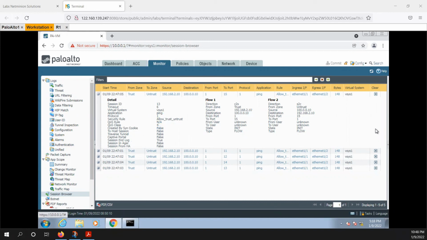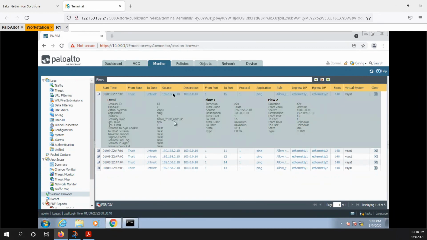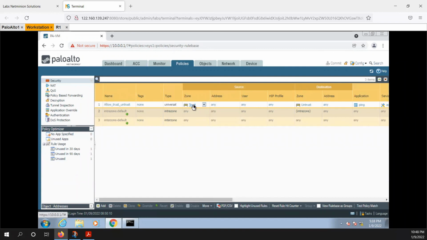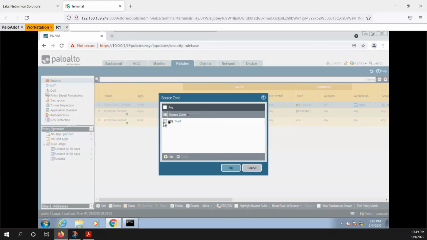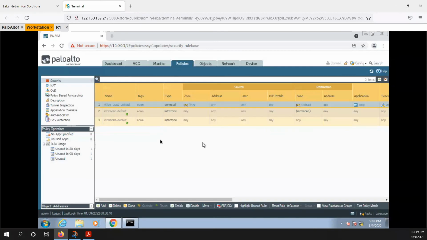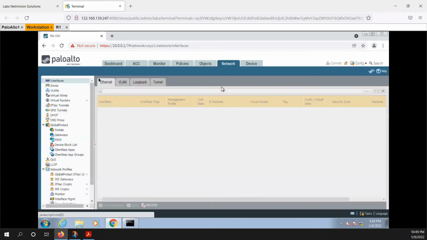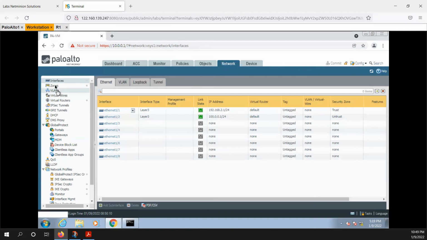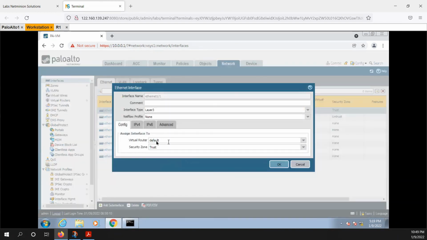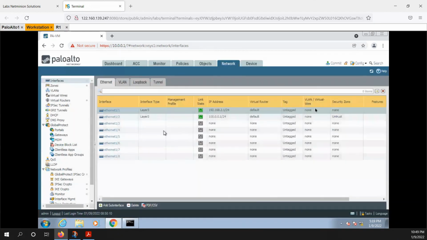So in Palo Alto, you can do the configuration in this way. You can define the things. What if you do not configure a zone? Let's say on the policy, you haven't configured any zone. Let's say you have removed the zone, not on the policy, but on the interfaces. Go to network and go to interface, a particular interface. Let's say this is my source interface. And let's remove the zone from here. So instead of defining the zone, say none and commit it.